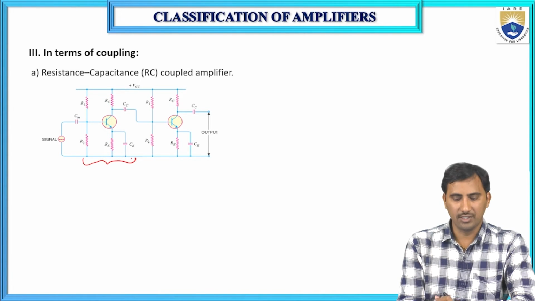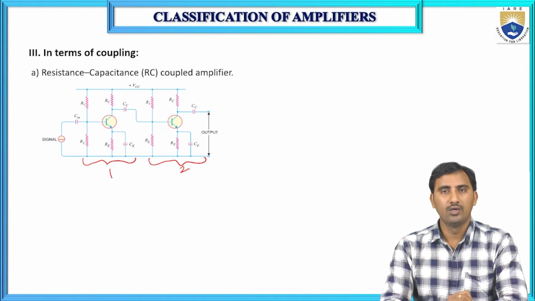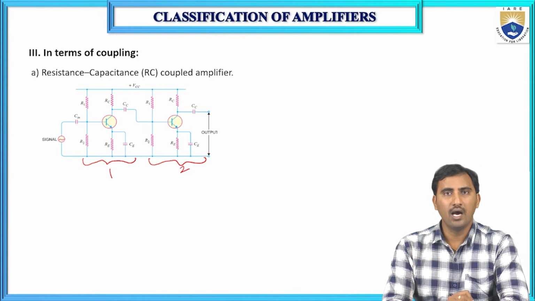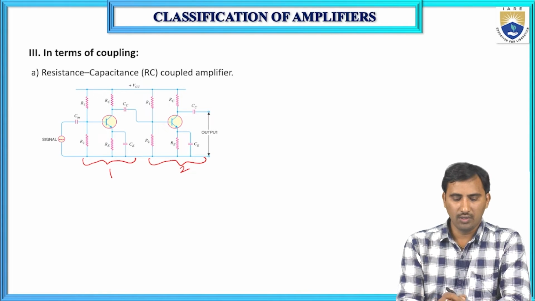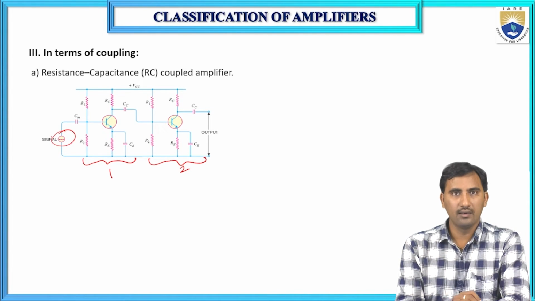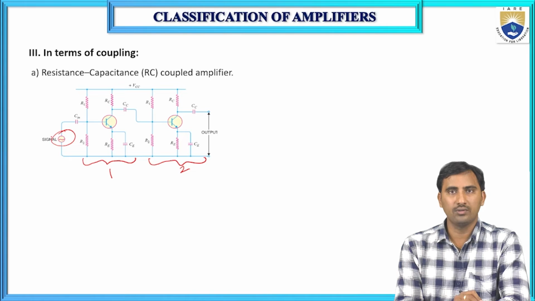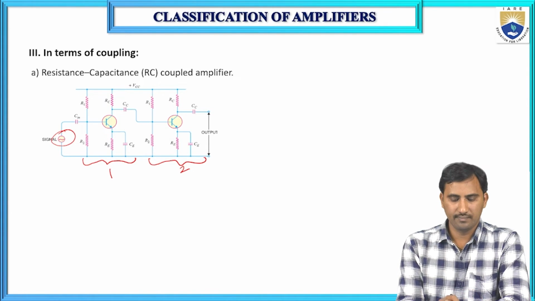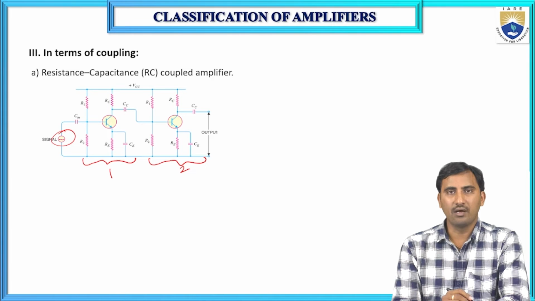It is a first stage and it is a second stage. So it is a two-stage RC coupled amplifier. We are applying an input signal by using some signal source, so that we are applying to the base of the first transistor, and we are getting the amplified version of the given